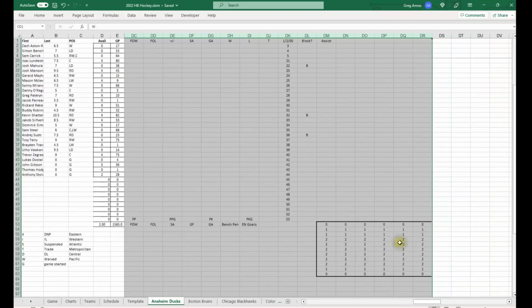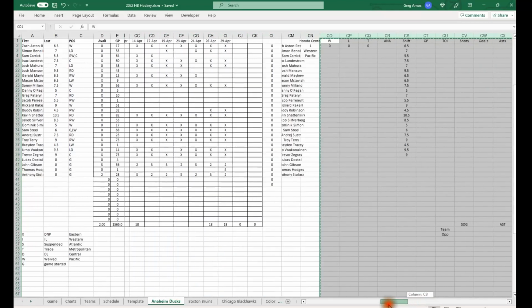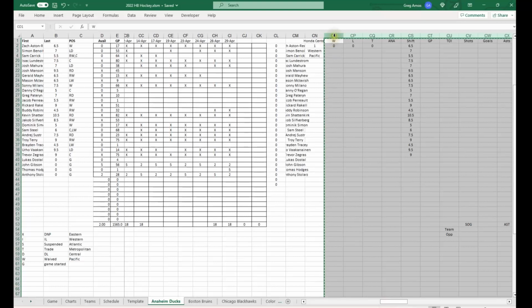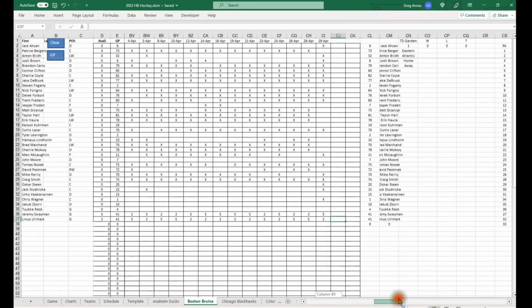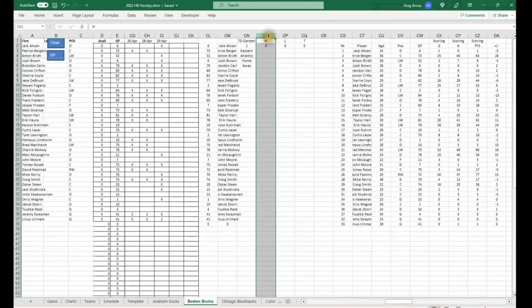Because down here I have the individual grids for the assists, and it needs to pick them up too. So I'm going to go ahead and copy that and put that all over all the information I don't need anymore. So I'm going to go to Boston, choose column CO, paste,